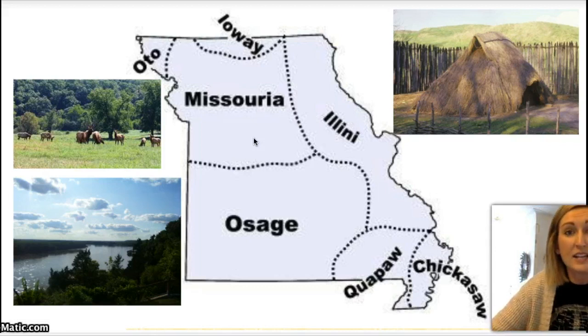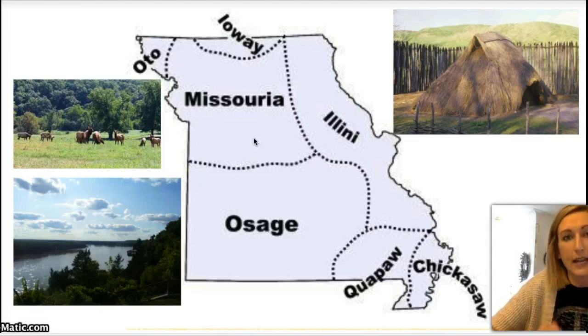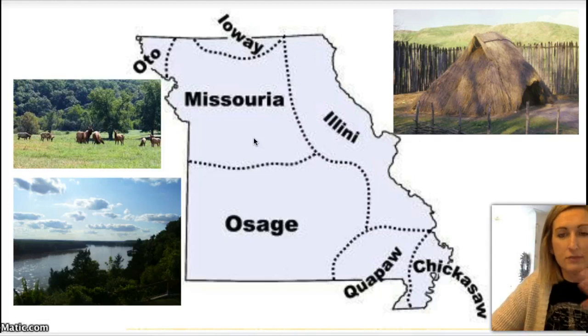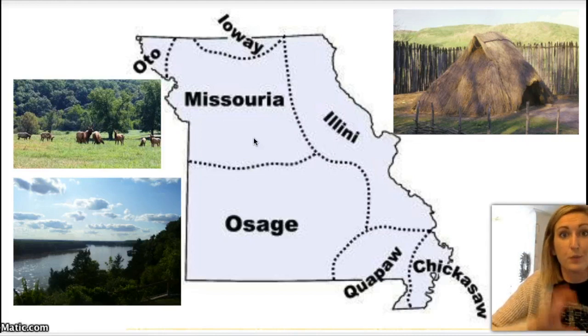Something that's really fascinating, there's an app that you can download on your phone called Native Lands. I have it on my phone. I would show it to you, but I'm using my phone. It's so cool. You can put in your coordinates or wherever you're located and find out who the land you're on belongs to. So what tribe owned that land.